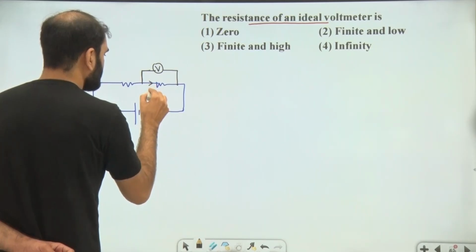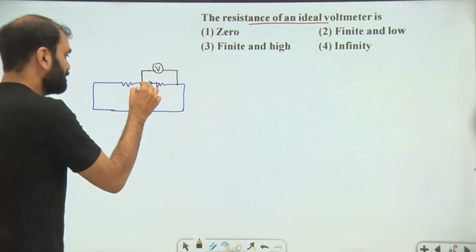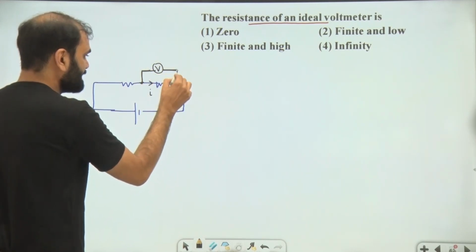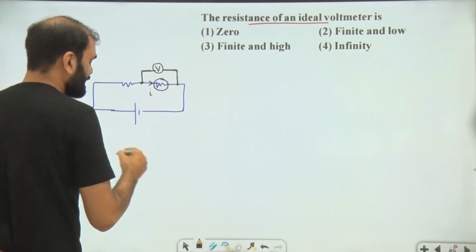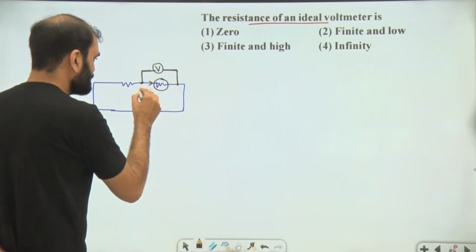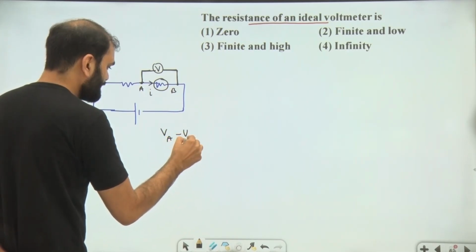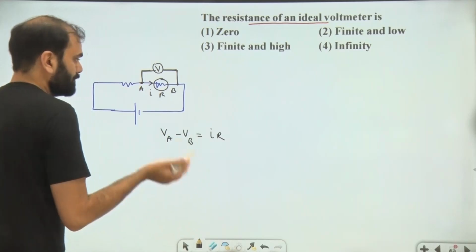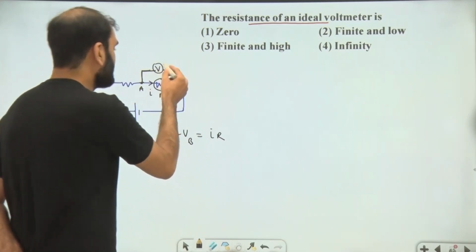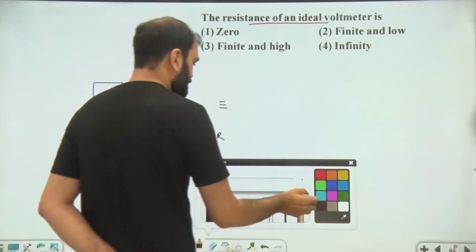Whatever the current is flowing in this circuit, this voltmeter is measuring the potential difference. What is the accurate value of the potential difference across this? Let's say the points are A and B. So VAB should theoretically come out to be I into R. But if there is some resistance of your voltmeter, in that